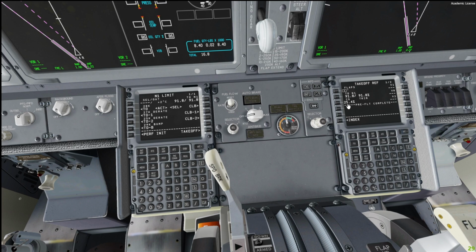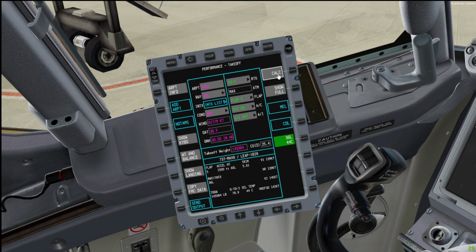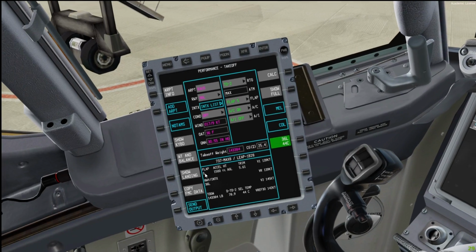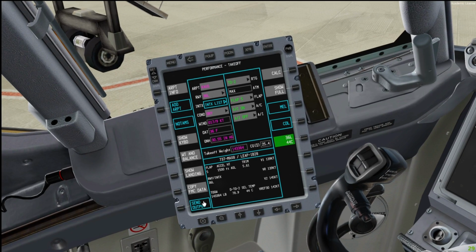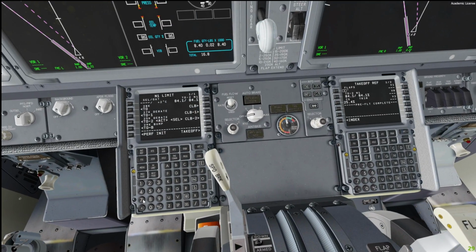Okay, 25.4. Right, flap 5, derate 2, select temperature 44, only 78.9. Holy cow, can we send that over? No, I don't think so. So takeoff 2, 44,